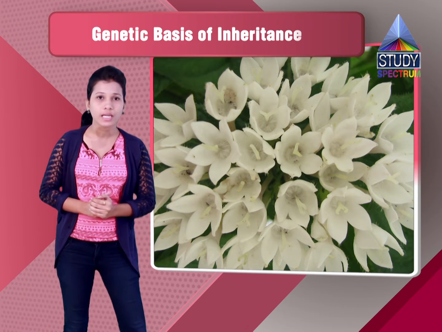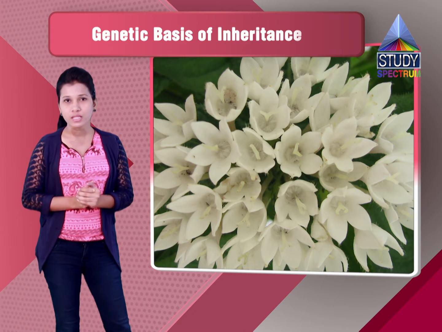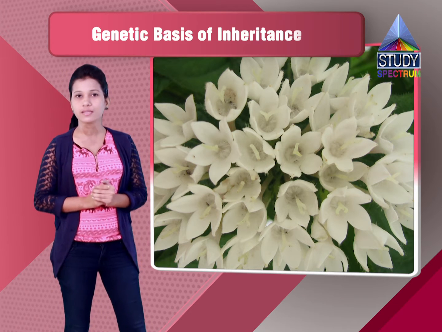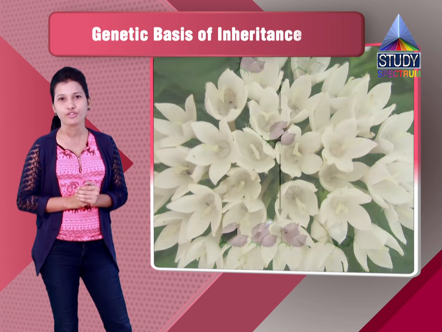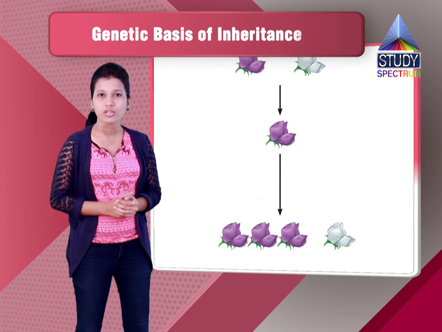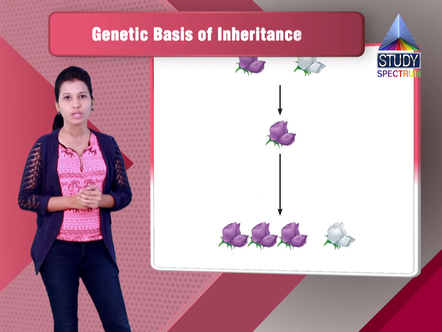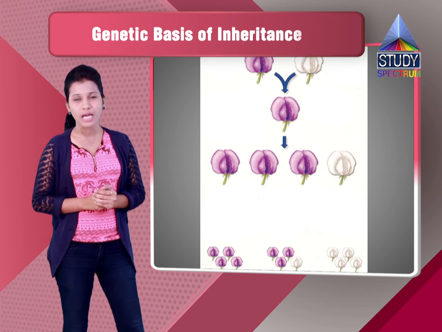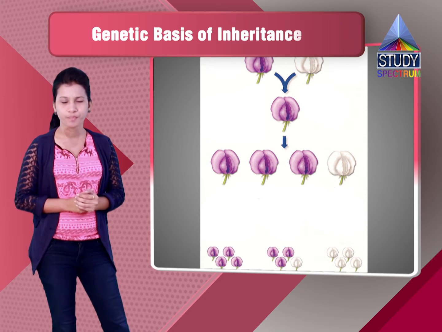So this is what incomplete dominance is, where we can see that the genes are incompletely dominating. The red color is incompletely expressed in the F1 generation, and then we got the pink color flowers. When the F1 generation was allowed to do selfing, we got the F2 generation, and in the F2 generation we have seen the phenotypic as well as the genotypic ratios.